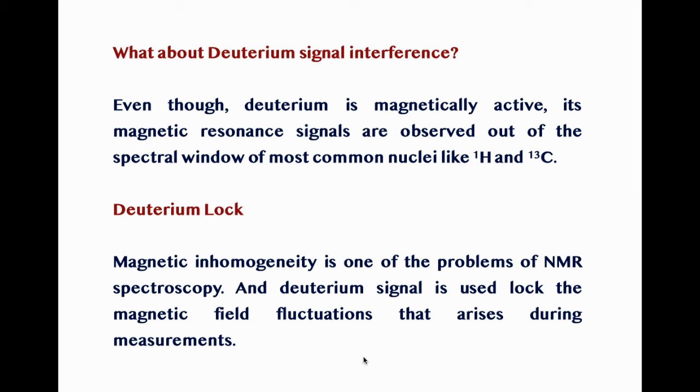But in the latest NMR measurements, we don't use any internal standard or reference material. Well, if you don't use the internal standard, then how do we calibrate the NMR spectrum that we observe? To calibrate the NMR spectrum, nowadays we use the deuterated solvent's residual proton signal. You may just recall, in the case of deuterated chloroform, we observe a residual proton signal at 7.26 ppm. Similarly, in the case of methanol, the residual proton signal is observed at 3.31 ppm. So these signals will be utilized to correct the position of the spectral NMR signals.